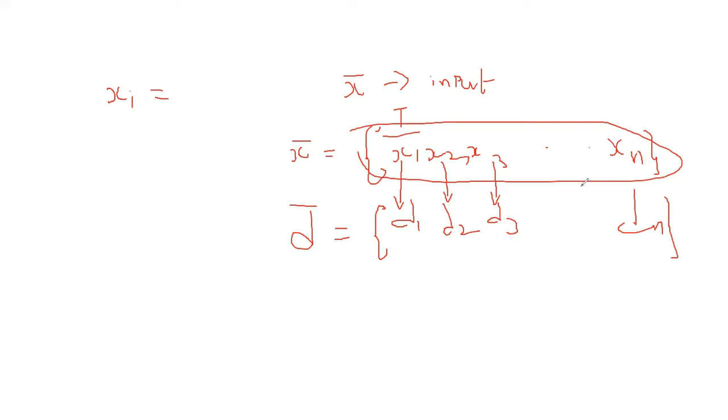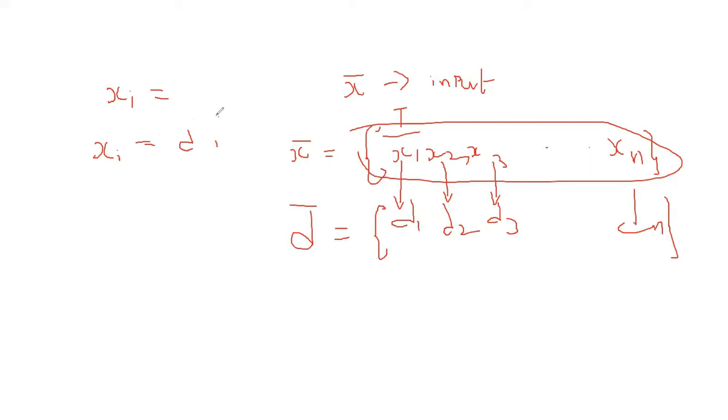The corresponding desired output to the input x bar is also fed into the system. Now this d can also be a vector like d1, d2, d3 up to dn. So you are going to pair these input and output. That means for xi, what is the output? Di. For xi, the output is di.